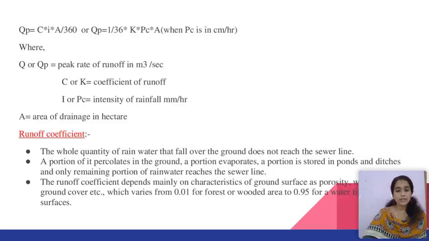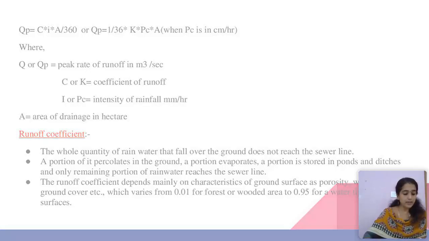Then the equation for rational method. QP is the peak flow. We are going to calculate the quantity of stormwater, and we are actually calculating the peak flow. That is quantity of peak flow. That is QP. QP is equal to